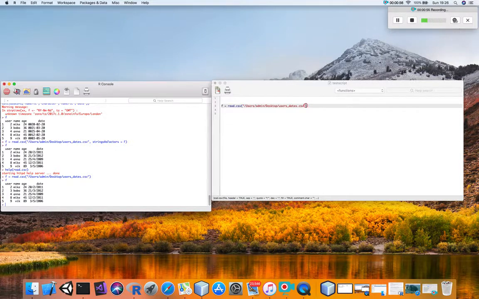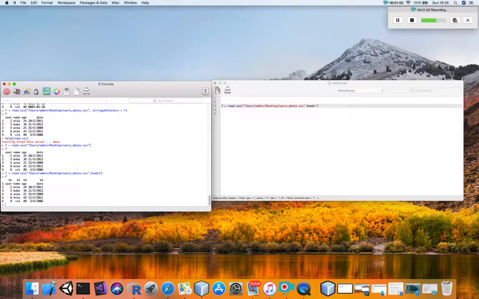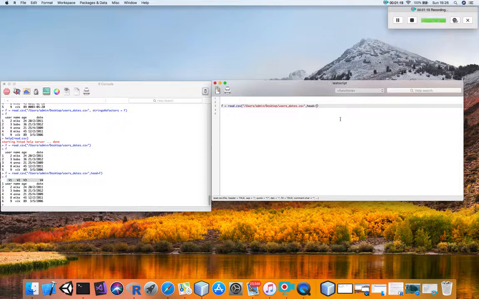Now, what would have happened if I wrote header equals false? I run this, I see f again. You can see that now R is treating that first row as if it was just part of the data, and R automatically generated column names for me, so V1, V2, V3, V4, and so on. In this case it doesn't make sense because we already got the header, but